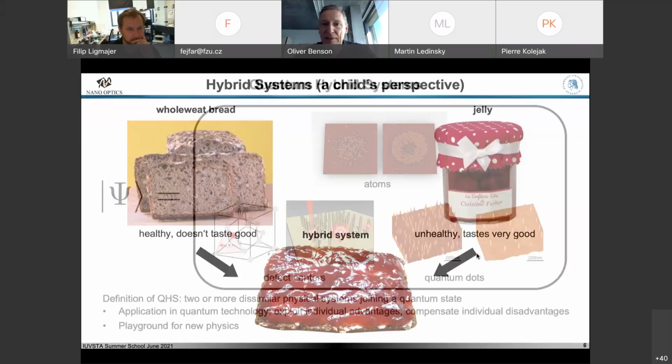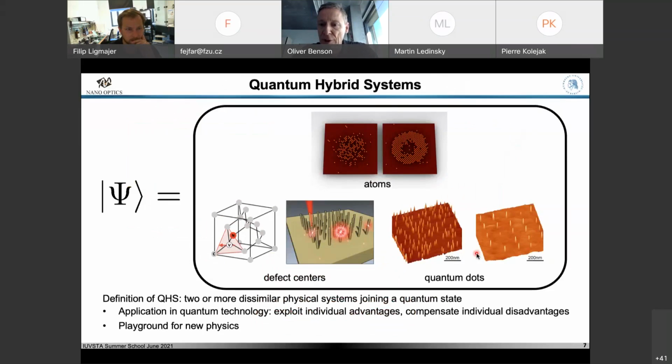And that's the very idea of our approaches, that we try to make use of different properties of different physical systems and try to combine them to make something more useful out of it. And for quantum technology, as I will talk about, different systems have different advantages. Atoms are systems that have pure quantum properties.